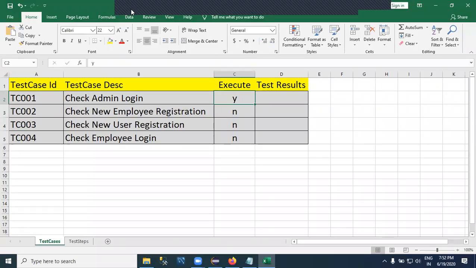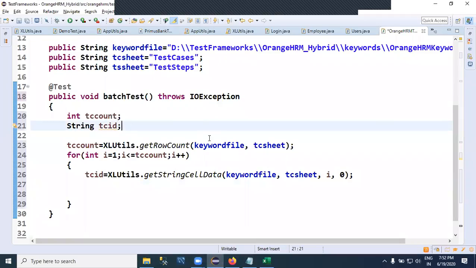Now, here I'm declaring one more variable, say TC exe flag, or some name, whatever it may be. Test case execute flag, yes or no, to store that yes or no value. So here, the TC exe flag, the test case execute flag, equals